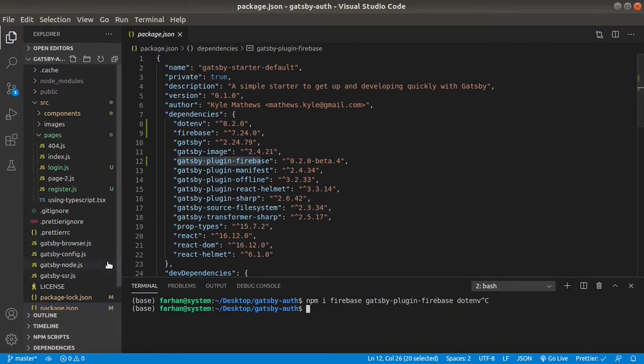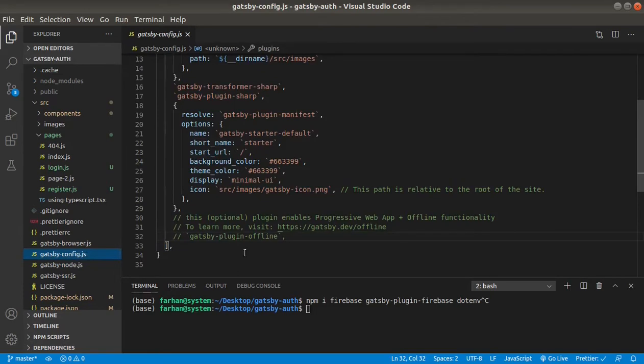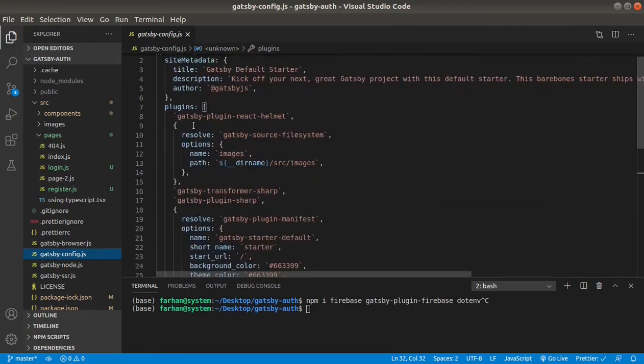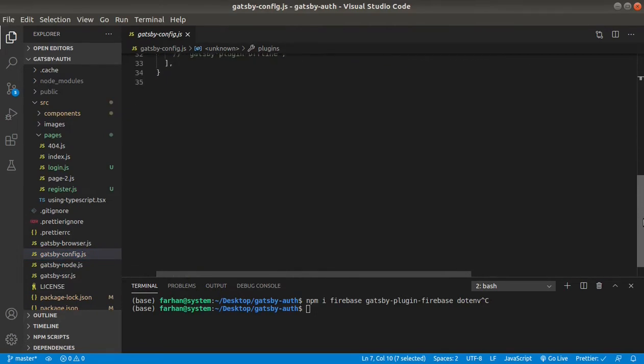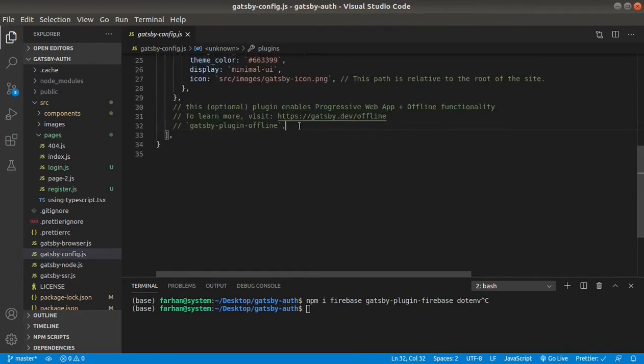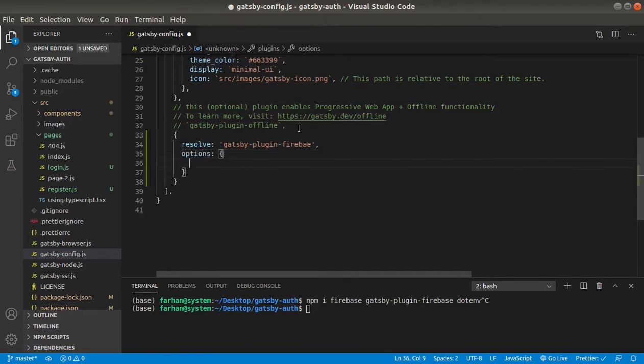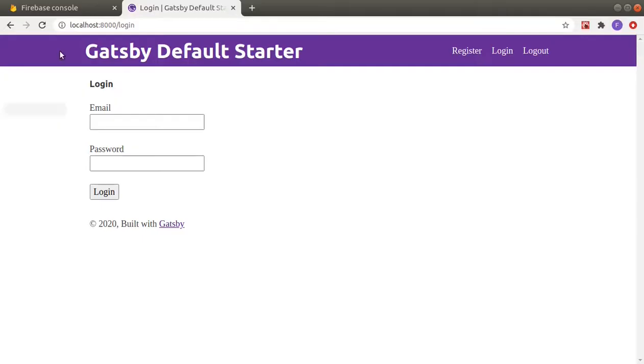So now let's go to the Gatsby config file, and here we will configure gatsby-plugin-firebase. So within plugins, we will add our plugin name, resolve gatsby-plugin-firebase, and after that we have to provide options, and for that go to